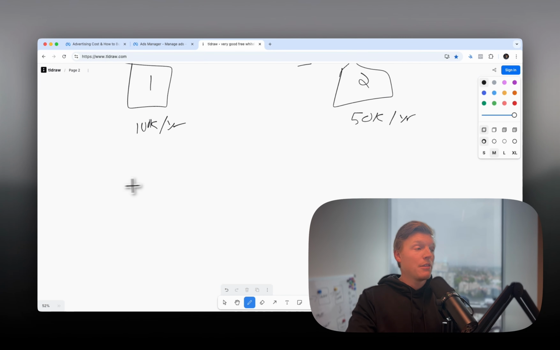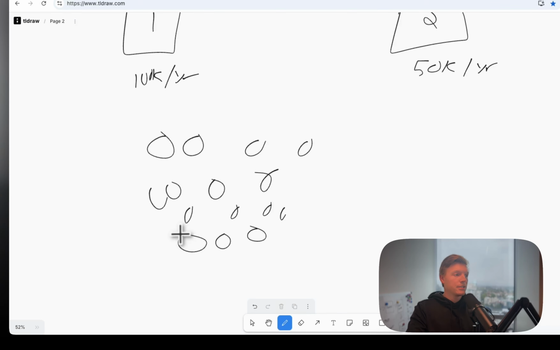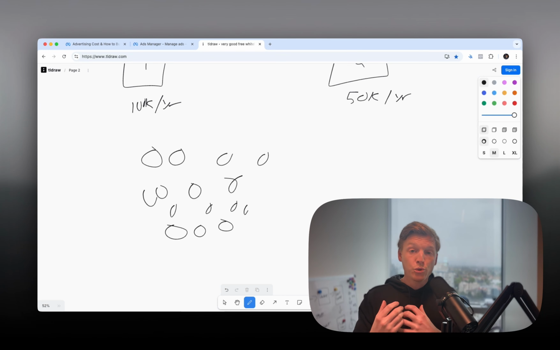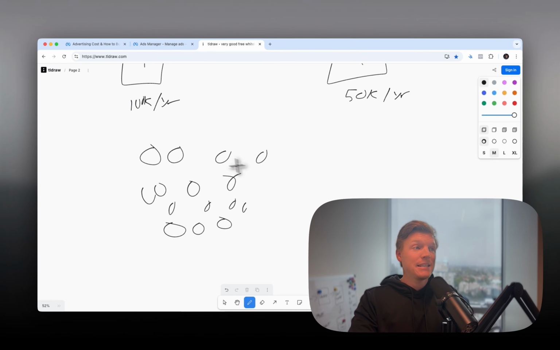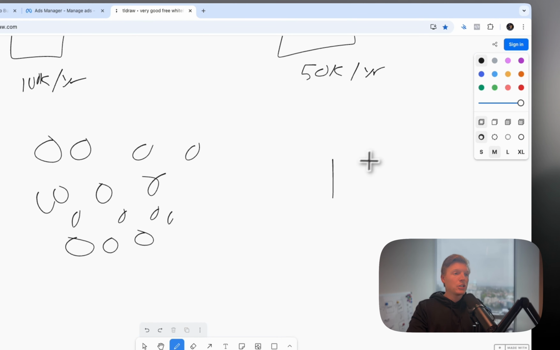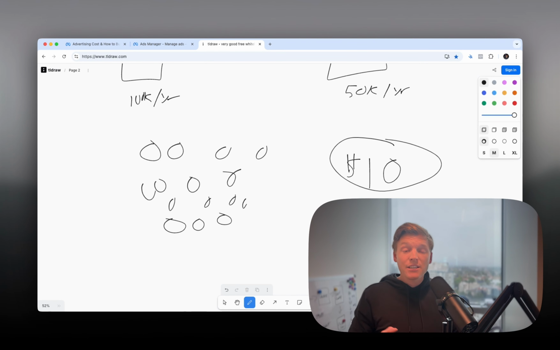On Facebook, there are tons of different audiences, made up of all these different circles. Each of these audiences contains a grouping of users on the platform. The cool thing about Facebook ads is you're in full control. You can say, Facebook, my budget is $10 per day, and that's my total budget. That's how much I want to spend. Honestly, starting off, if you haven't run an ad before, $5 to $10 is a great starting budget.